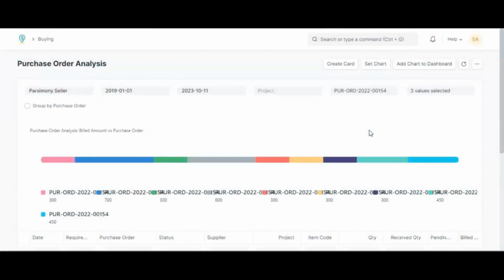Congratulations! You've learned how to use the Purchase Order Analysis report in the buying function and the Key Reports subfunction of Parsimony. This report empowers you with valuable insights into your purchase orders, enabling you to make informed decisions and